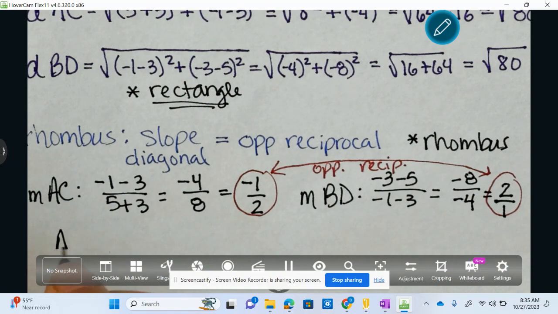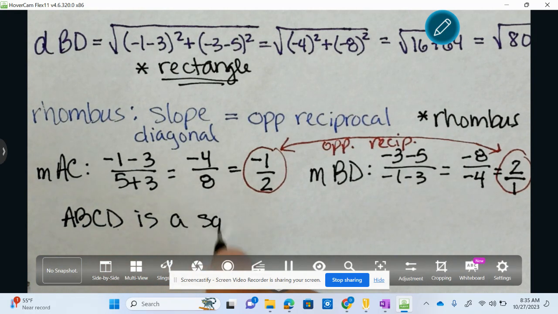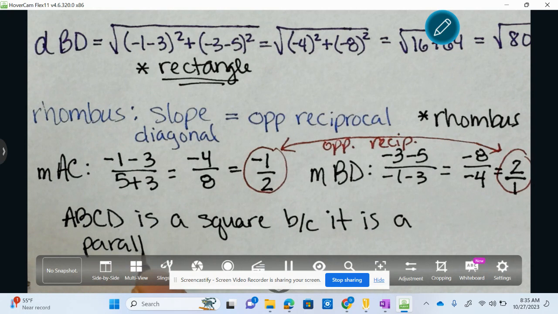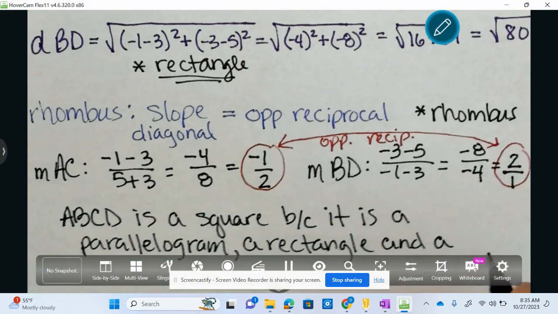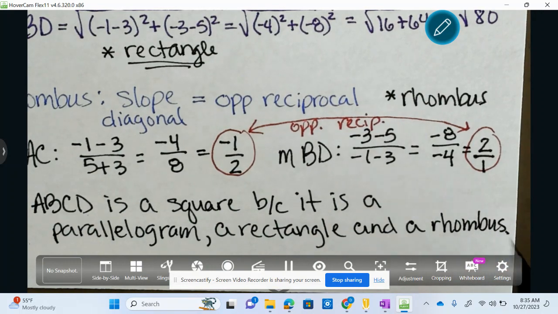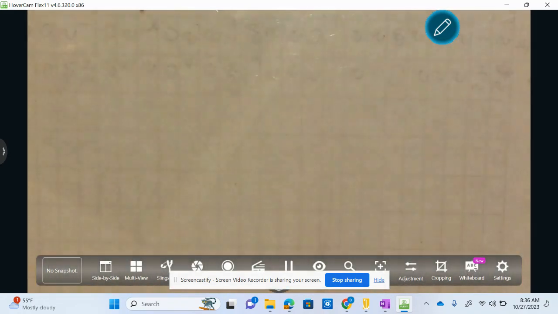Yeah, we're going to say that ABCD is a square, because it is a parallelogram, a rectangle, and a rhombus. Okay. And that is classifying